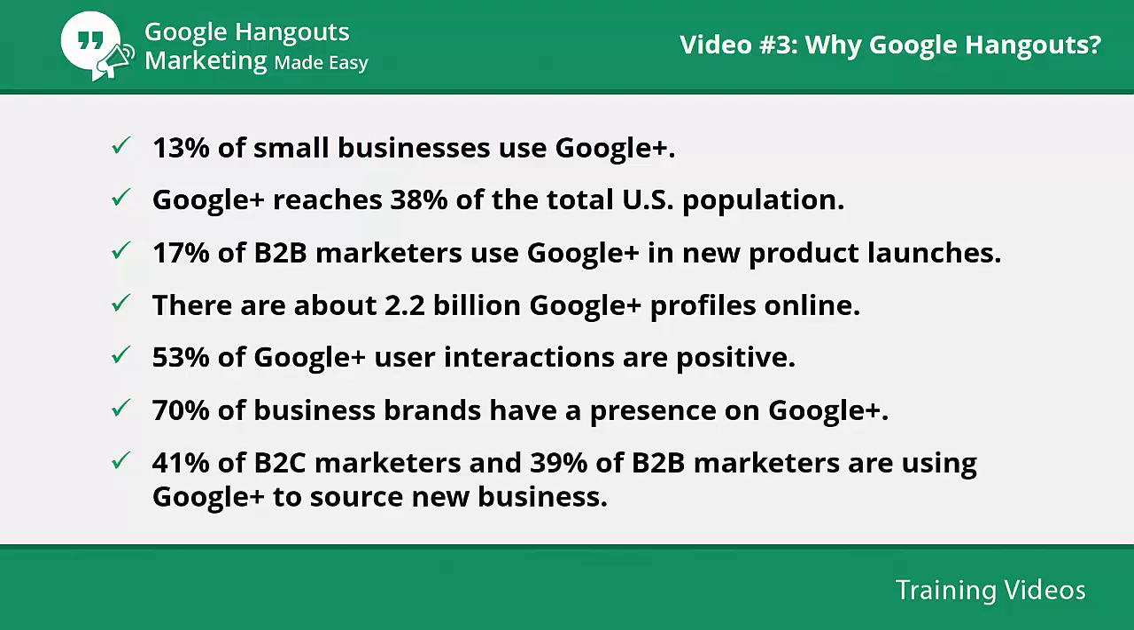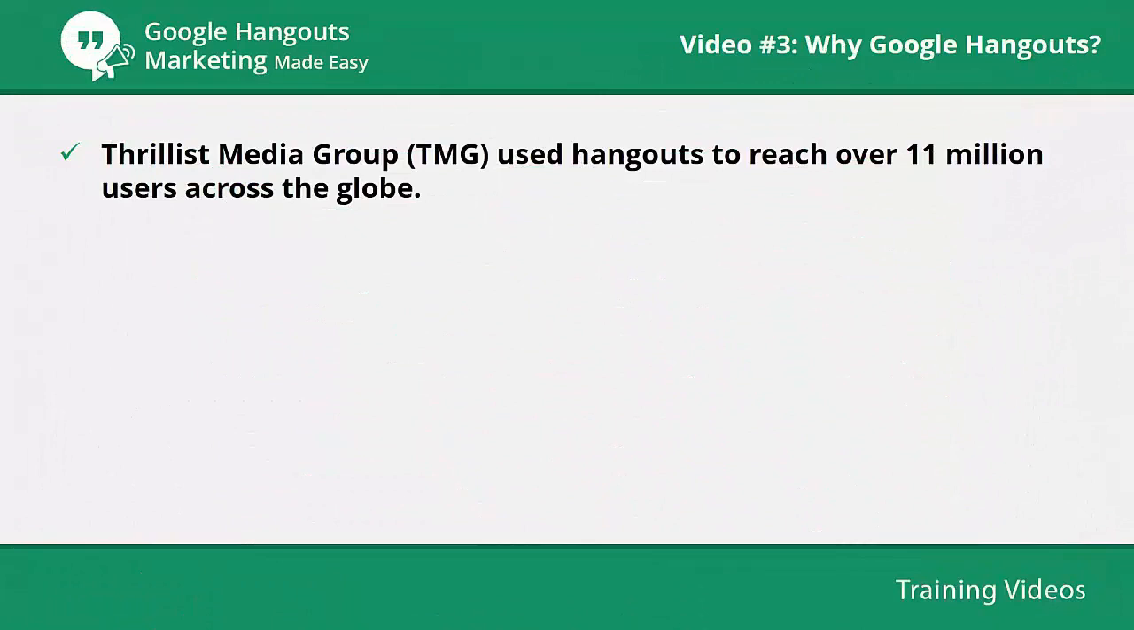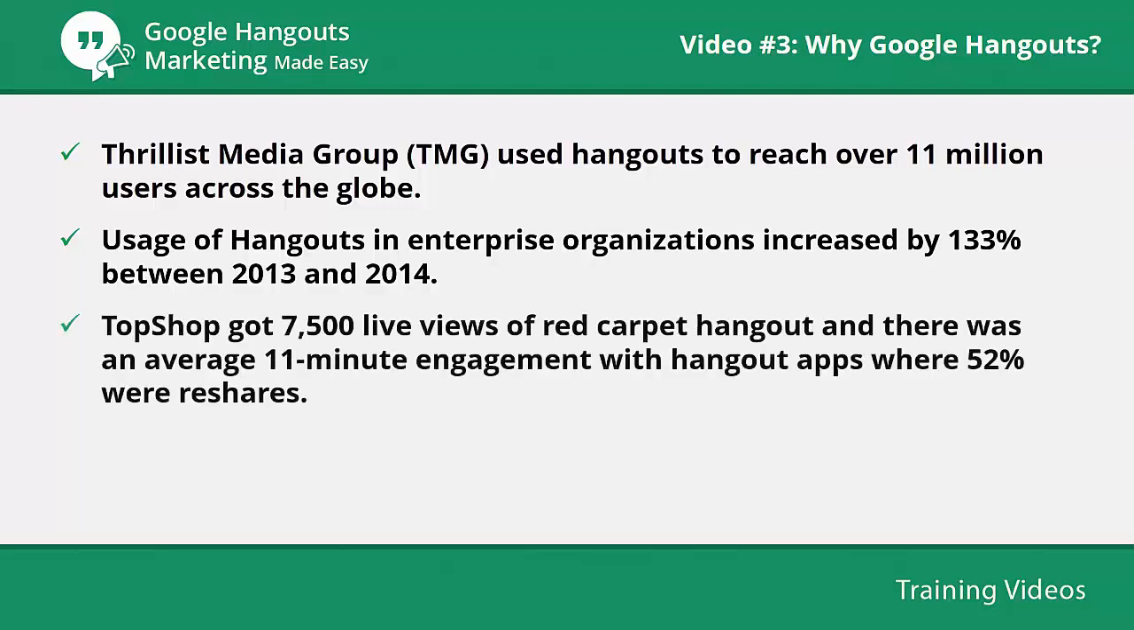41% of B2C marketers and 39% of B2B marketers are using Google Plus to source new business. Thrillist Media Group, TMG, used Hangouts to reach over 11 million users across the globe. Usage of Hangouts in enterprise organizations increased by 133% between 2013 and 2014. Topshop got 7,500 live views of Red Carpet Hangout, and there was an average 11-minute engagement with Hangout apps, where